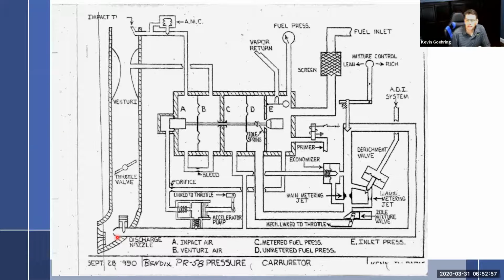So the engine may stumble a little bit or run momentarily a little bit lean as the bubbles work their way through. If the float were to stick in the down position, in other words, this is constantly open, then what happens? The fuel comes in. This is not a big passageway. So it's going to find its way through here, and it's just going to keep running right back to the tank. So it's not going to hurt anything.